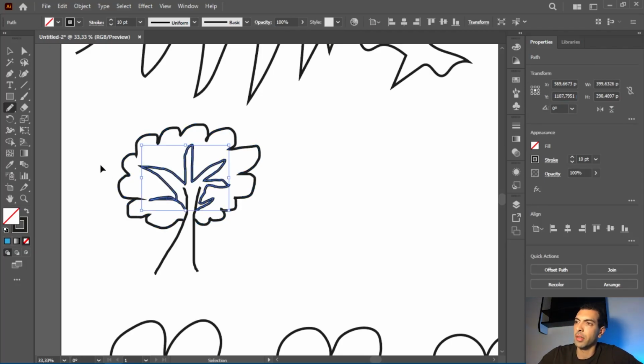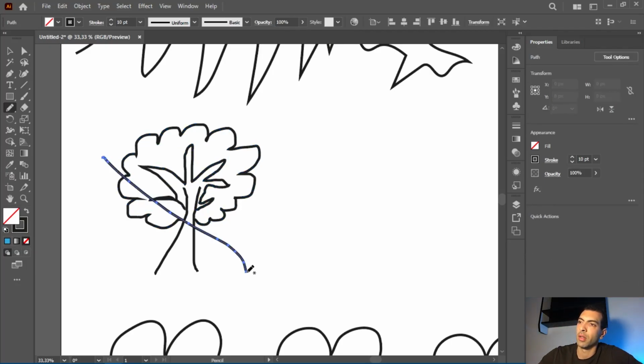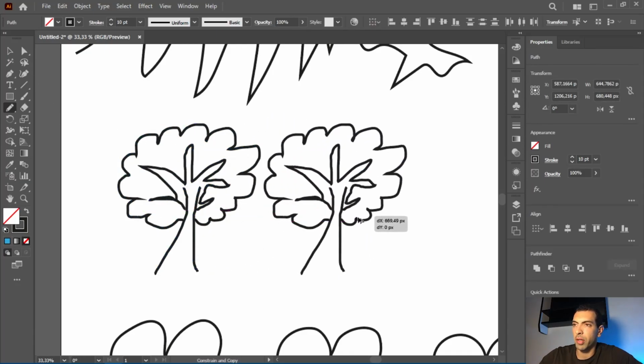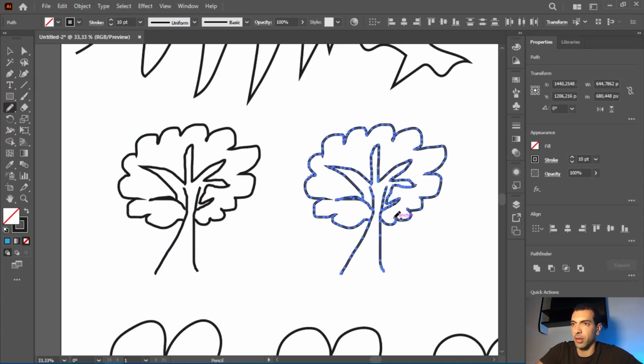A tree like this. Now I'm gonna select the tree and duplicate it like this. And you notice, because we set the fidelity to accurate all the way, we have too many points on this tree. If we want to make the lines smoother